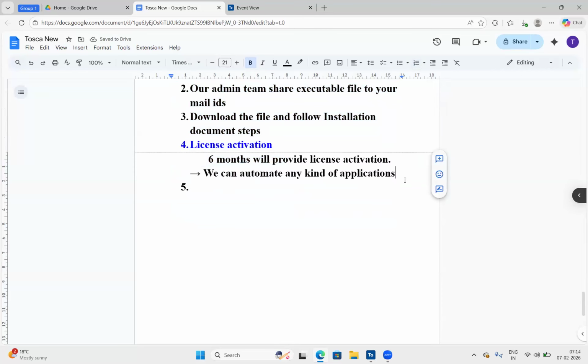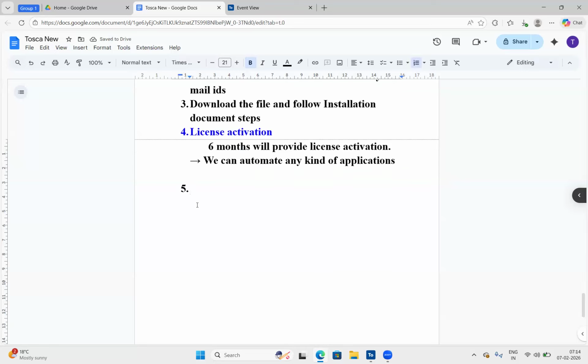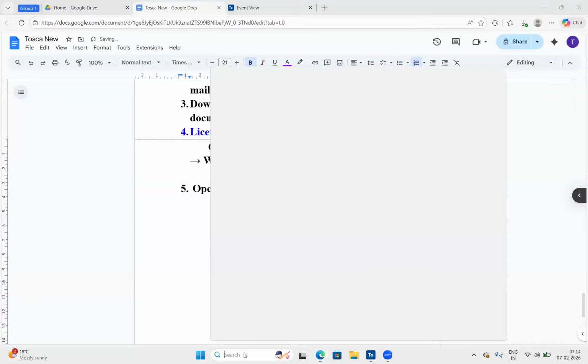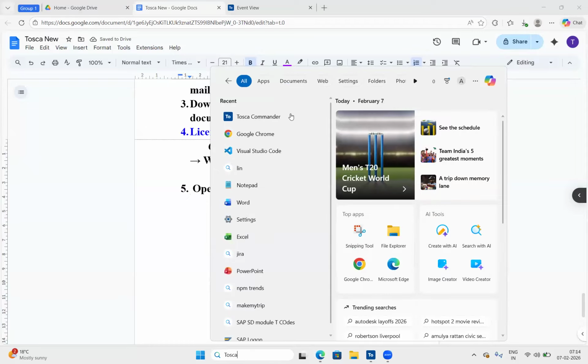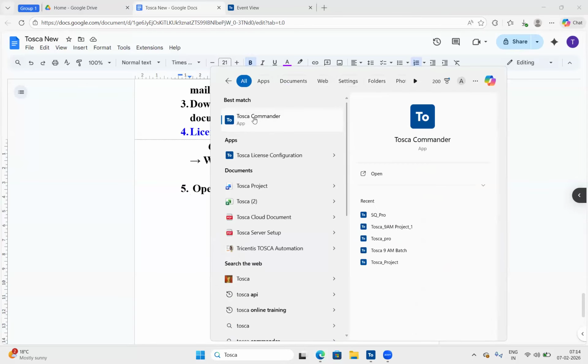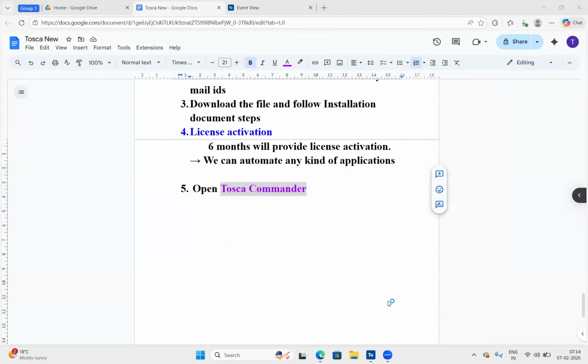So once we're done with the license activation, the next step is here. Open Tosca Commander. The name of the application is Tosca Commander. Once you're done with the installation, just go to your system and enter Tosca Commander. Like this you have to enter. You can see the Tosca Commander app. Then open this one.